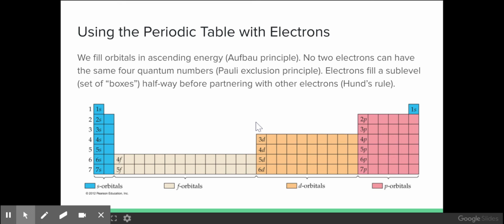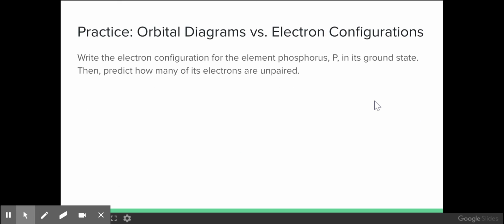We use the periodic table to help us remember the order that these orbitals are filled according to the Aufbau principle, which says electrons occupy lower energy levels before they start to occupy ones with higher energy. You can't have 2 electrons spinning the same way in the same orbital. That violates the Pauli exclusion principle. And we're going to quickly go over Hund's rule, right? We say that Hund described the process by which we fill a sublevel with single electrons per box before we start pairing them together. We can use the shape of the periodic table to help remember the order that these elements fill their orbitals with electrons.